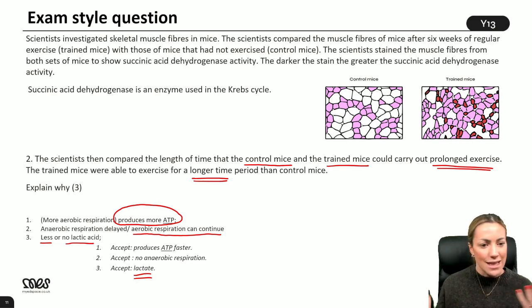So yeah, this is obviously an advantage of using your muscles more, developing them through exercise to increase the number of slow twitch muscle fibers, and then you can delay the onset of anaerobic respiration. Nice, I like that question. I think that's a good question. Let's have a look at